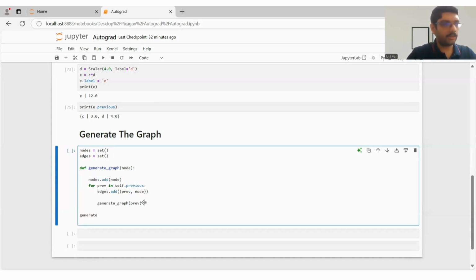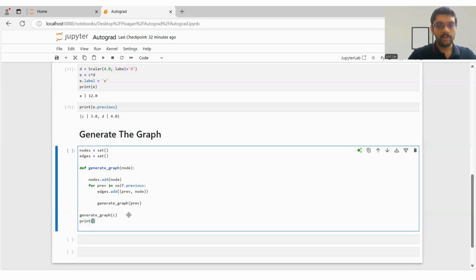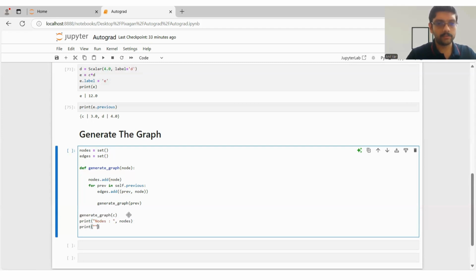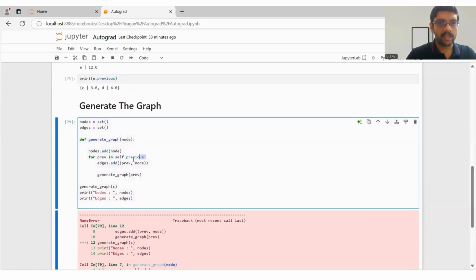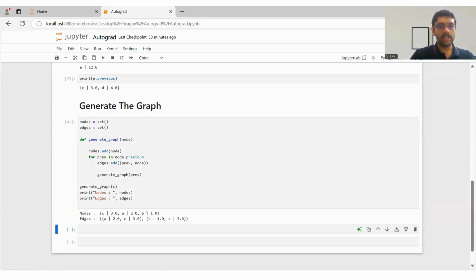So if I call generate graph, and I generate that on C, and then I say, let's print the nodes, let's print the edges, and let's see what we get. So it says self is not defined, and that is because it is node dot, it's not self. And so you get C, then A, and then B, and the edges are A to C and B to